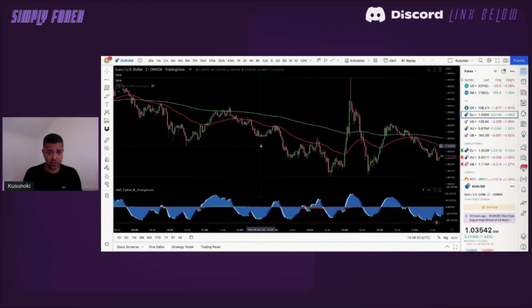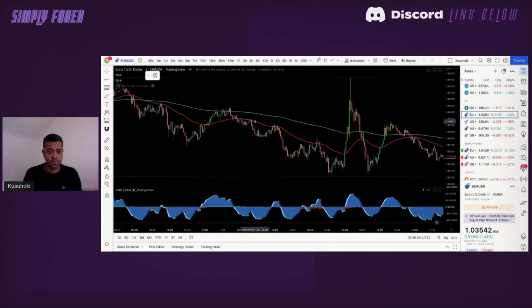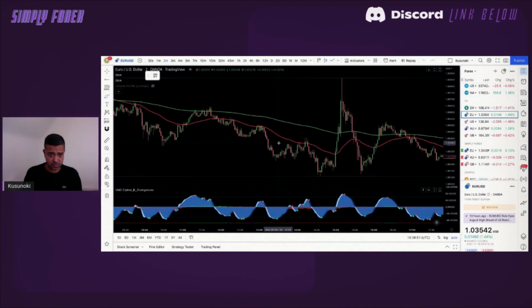Here's a good short you could have taken. Okay, so as you can see, price has gone up into the band. The red dot has printed down here, which is on this candle. Don't know if you guys can see that. And then